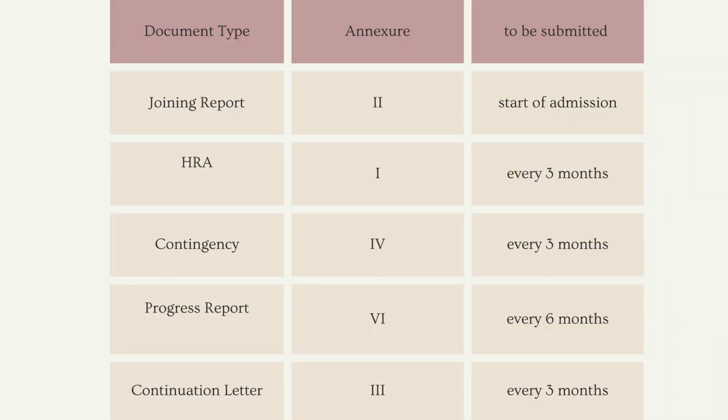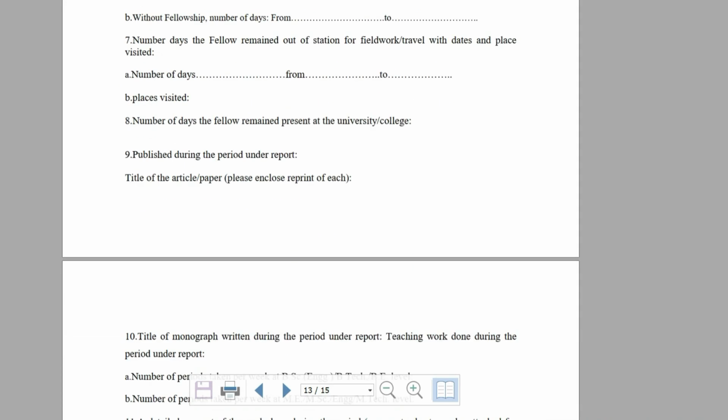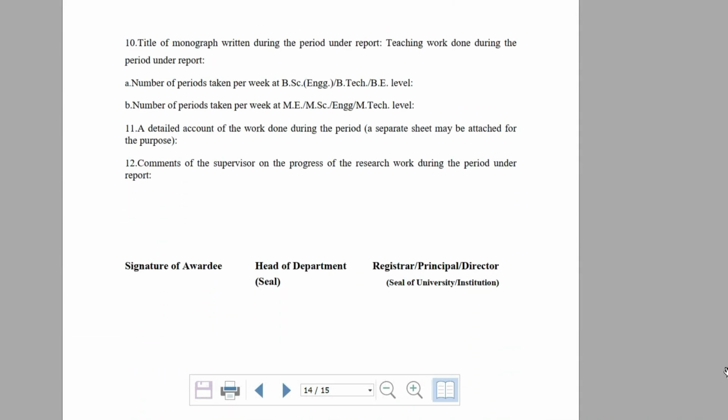Apart from the joining letter that you give first, throughout your fellowship you have to give certain documents, and these documents include progress report, continuation letter, HRA report and contingency. I'll give the frequency of each in a tabular form on the screen. Okay. Progress reports look something like this, and it's given every few months. It includes whatever work you have done all this while and whatever tasks you have done as far as your